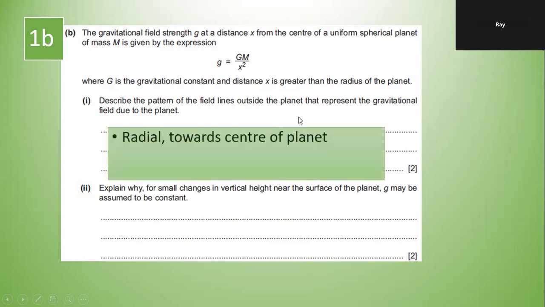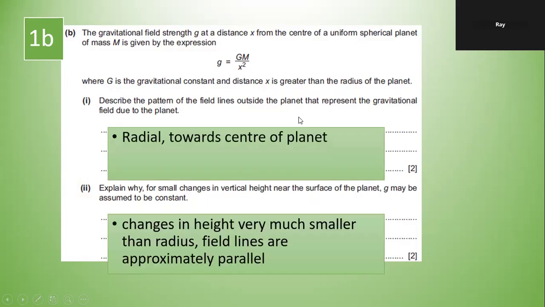Anytime it will cut off, so I guess I give you the answer. Any comment? Radial towards the center. That's why 1 mark here, radial, towards the center, 1 mark. At plane Y, a small change in vertical height near the surface of the planet, g may be